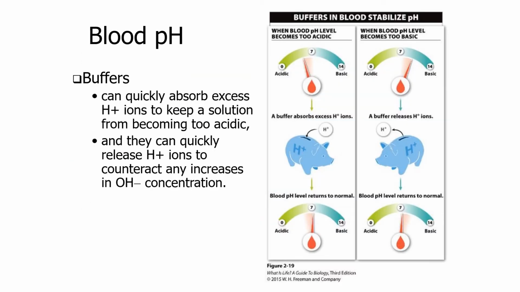Now, as I said, our blood's pH is neutral, and it's extremely important that our blood's pH stays neutral. You never want your blood to become acidic, and you never want your blood to become basic. Why? Because if your blood becomes too acidic or too basic, that can lead to major problems. The person can start having seizures, or can go into a coma, because their pH is not balanced anymore. Now, what do we have in our blood that can prevent that